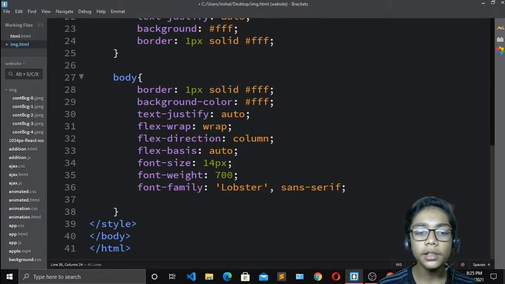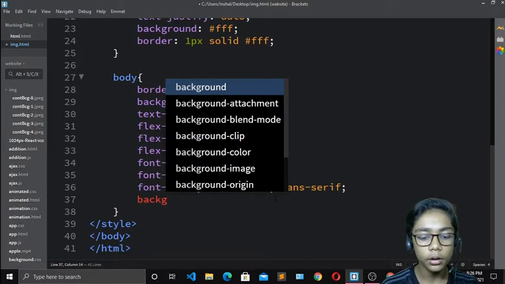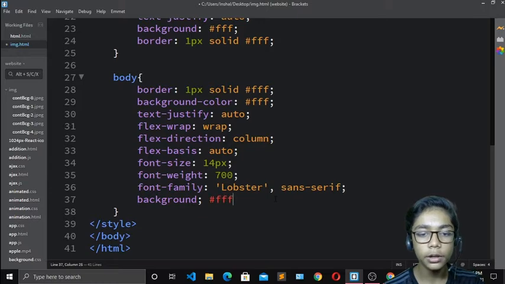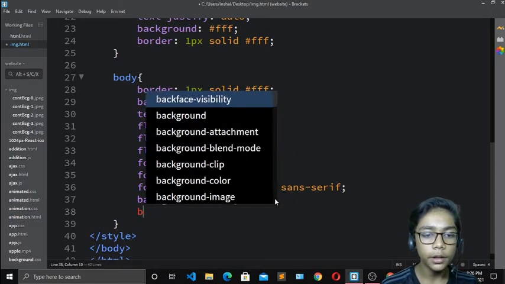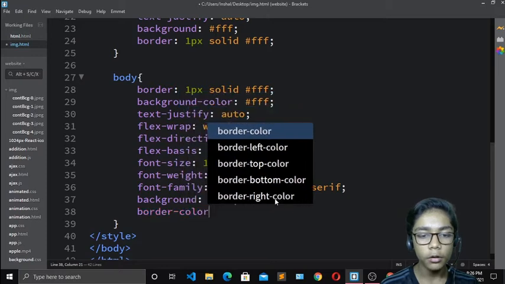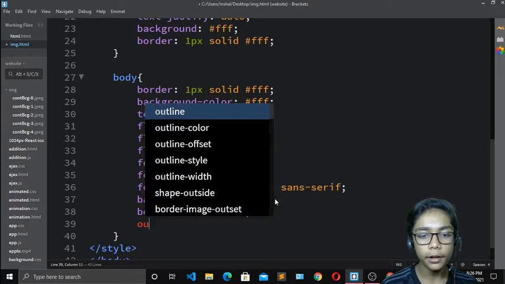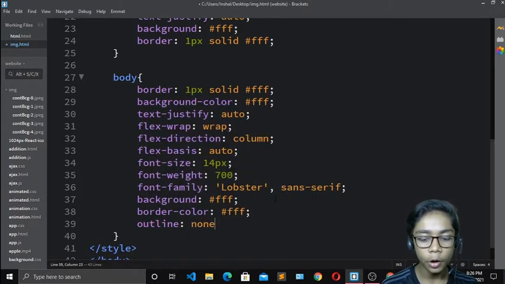So now when you've done that, just come over here, and here you have to write background only. Okay, so I will write the background which will be also white. So I will define white color, and I will just write semicolon over here. And now just come over here again, and here I will write border which we have written. So I will write over here border color now, which should be white. Then come over here and write outline none, and write border none. So I will write border none.